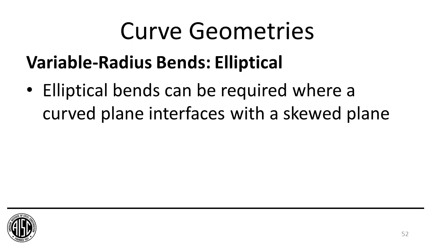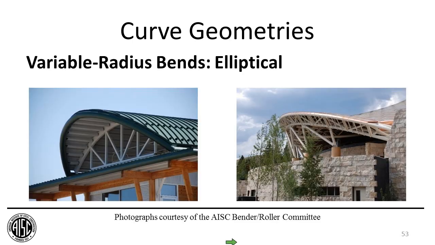Okay, so the parabolic is one variable radius bend. Another one, actually, you can have any shape you want with this, but the other standard shape is going to be the elliptical shape. And these can be required where you have a curved plane that intersects a skewed plane. Two examples here: the left-hand figure has a curvature in the vertical plane, and then you have the member bent. It has to be bent to an elliptical shape